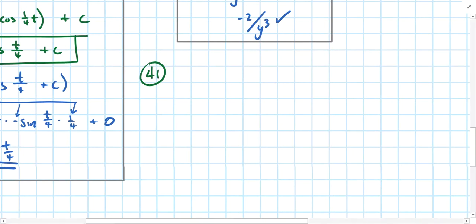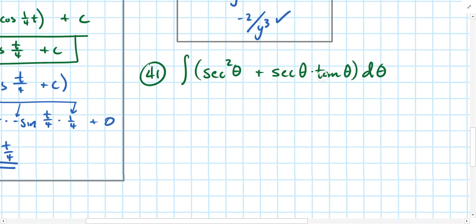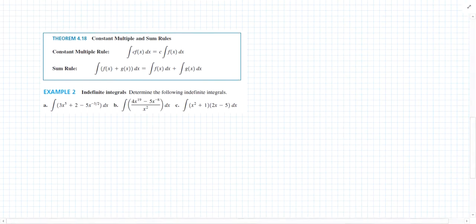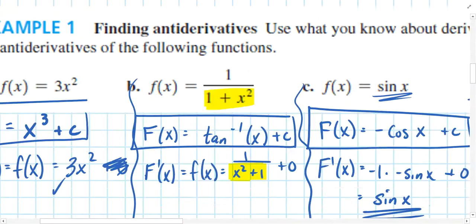But let's go ahead and finish up this last example, number 41. In number 41, we're being asked to find the antiderivative of secant squared of theta plus secant theta times tangent theta with respect to theta. And at first glance, this may look awfully intimidating or challenging, but I don't think you have to be too concerned, because when we consult our antiderivative rules from the last set of notes,